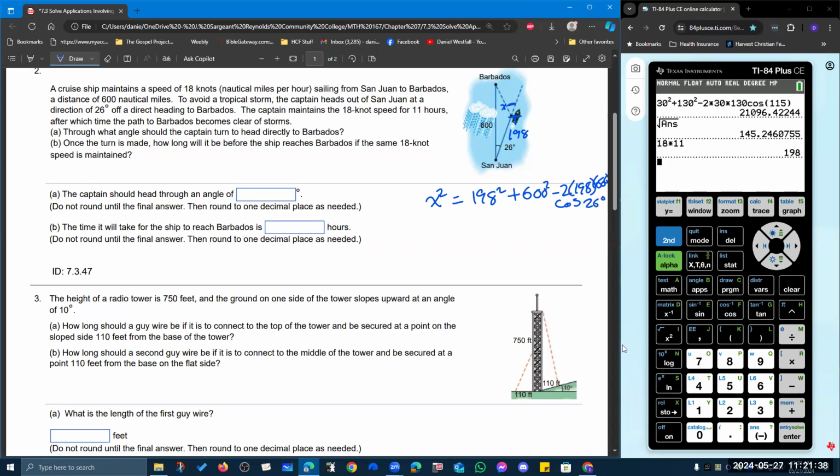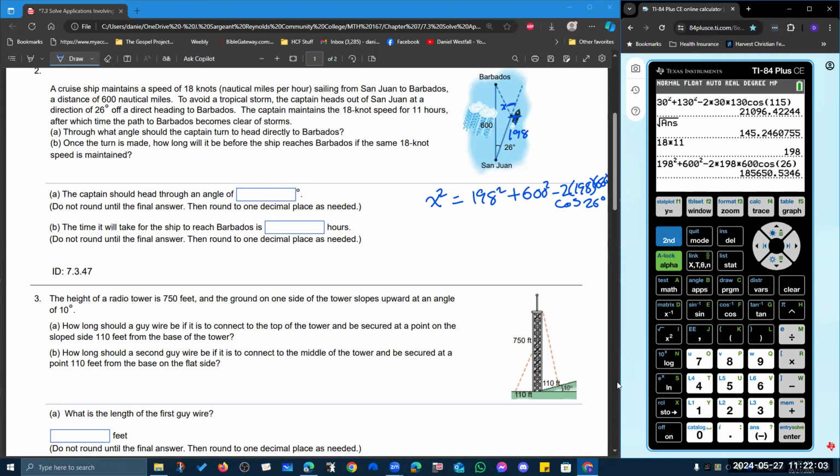I've got to use the two sides that I have. So I'll find that side first. So 198 squared plus 600 squared minus 2 times 198 times 600 times the cosine of 26